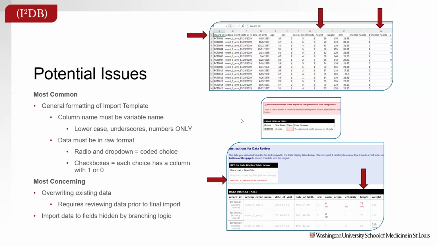When you import these, everything's connected to the record ID, right? So if you're importing data for RCT 001 and you accidentally enter 002 in there, you could overwrite some data. Or here in this example, I just have some different values from what's already in